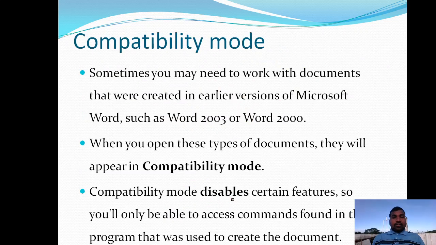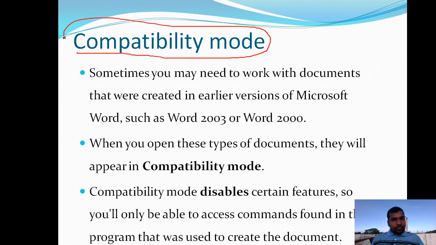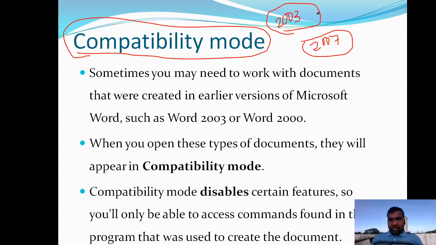Next, compatibility mode. Compatibility mode means, as I already told you, if I am using Microsoft Word 2003 and later I am using 2007, for example, I have two versions of software, one on my home PC and one on my office PC.